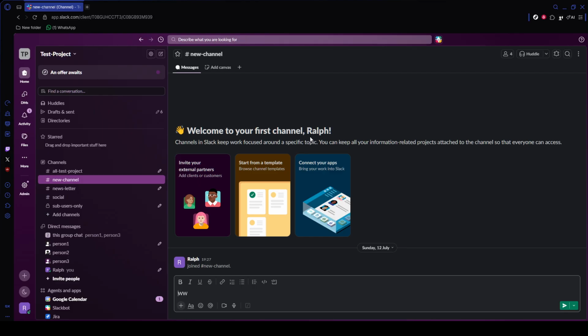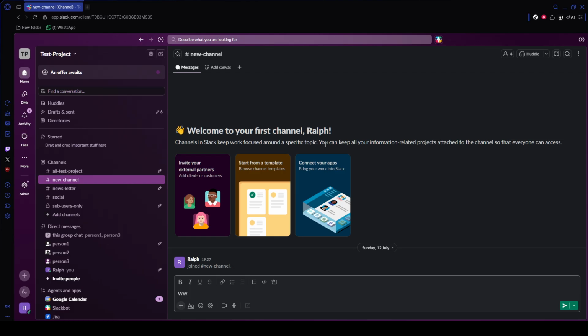At this stage, Slack will ask you how you want to continue. You'll typically have the option to sign in with Google, sign in with Apple, or use an email address. If you want the fastest setup and prefer not to create a separate password, using Google or Apple is often the most convenient choice. If you decide to continue with your email address instead, type it into the field